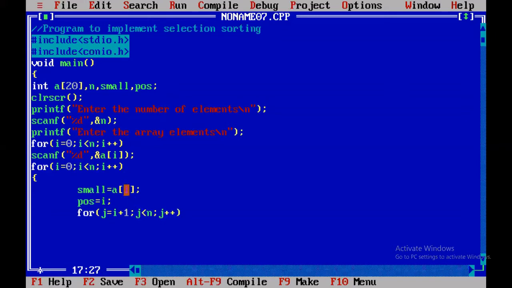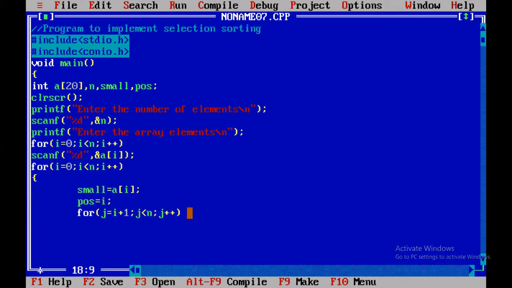All the remaining elements are compared with the smallest value, so in this loop you find the smallest element in the list.